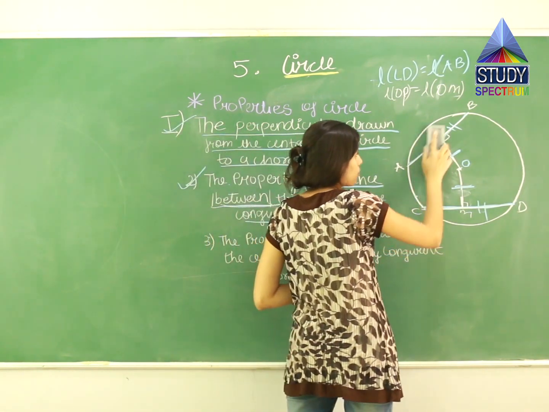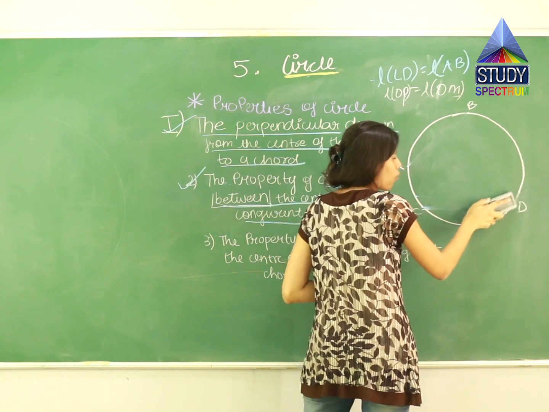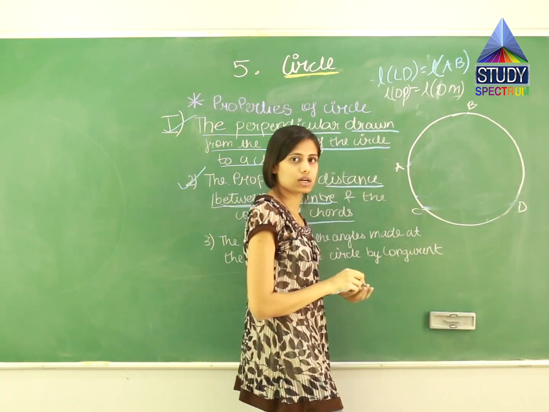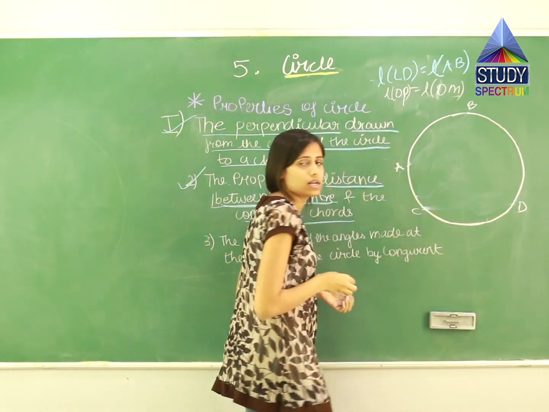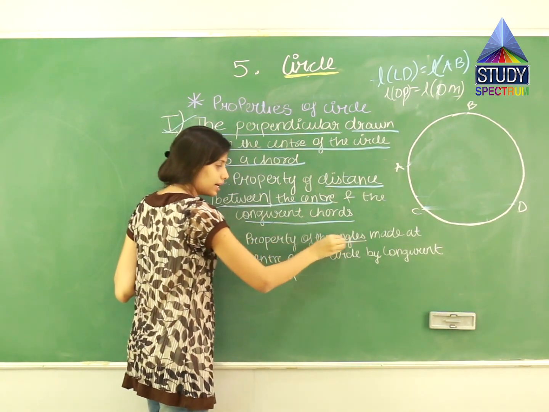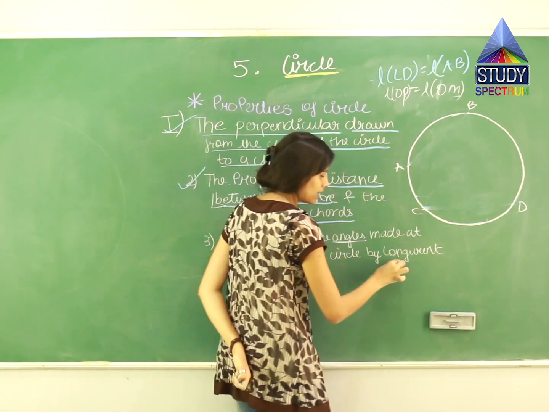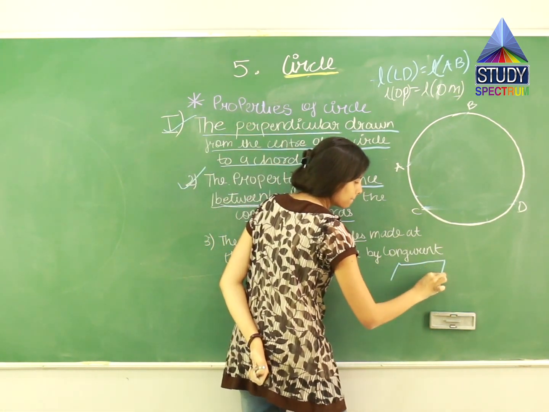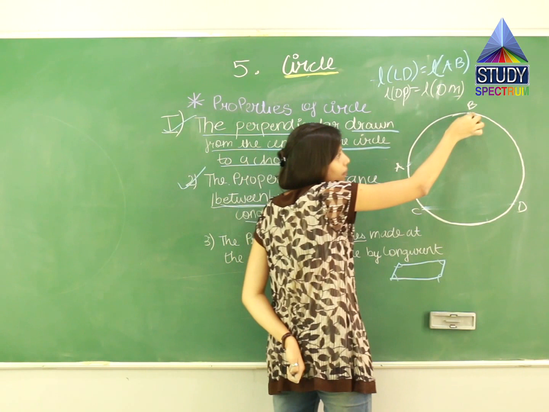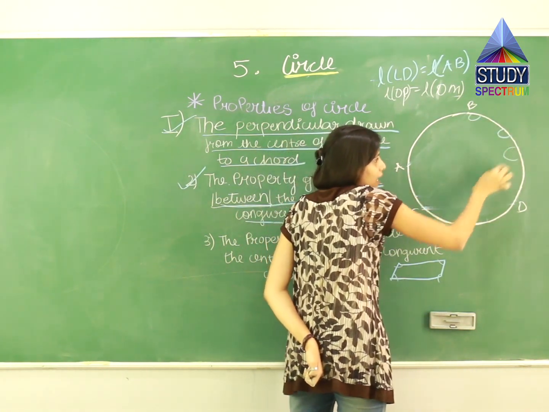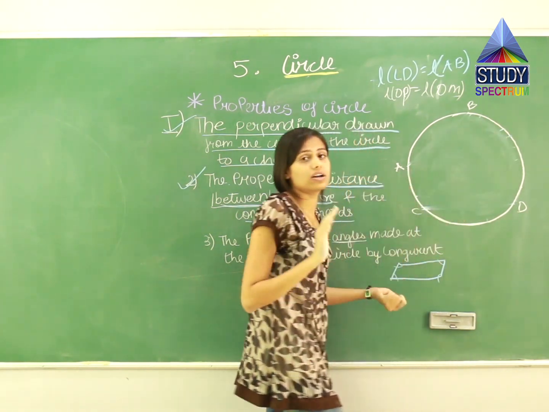Now let us see what the third property says. But before knowing the third property we have to learn what is the angle of the circle. So let us learn what is the angle or the interior angle or the center angle of the circle. See, angles के related property है तो पहले हमें देखना होगा. I told you in circle there is no angle. I told you if there is a square or parallelogram, then see this is angle, this is angle, this is angle, this is angle. यहाँ पे कहाँ पे ये मैं बोल सकती हूँ ये एक angle है, ये एक angle है, ये एक angle है. No, it is not possible because circle does not have angle in its general form.